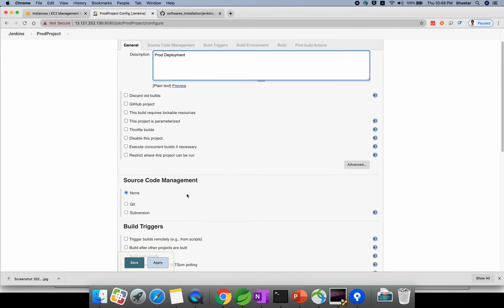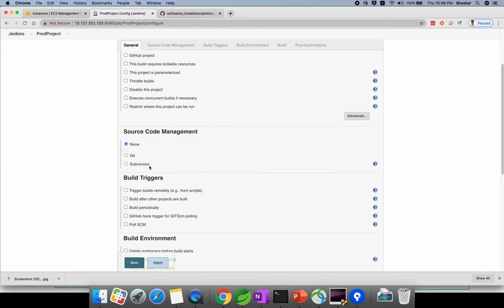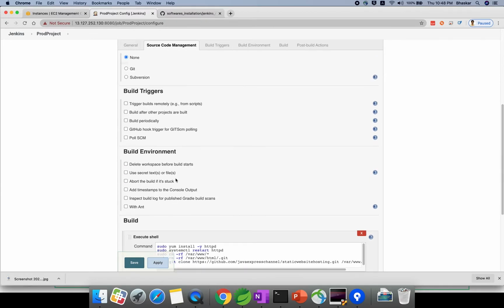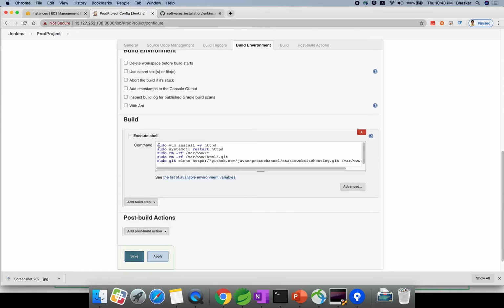Now source code management is not required. If you want, you can give your git repository, otherwise it is not required now. So keep all these things as they are. What I'm doing is installing Tomcat, and checking my restart. If it is already installed, I'm restarting my server to make sure your server is available. And if any existing things are there, I'm removing this particular folder and cloning my project. This project is already available in Jenkins. If you want to check, copy, paste it here.